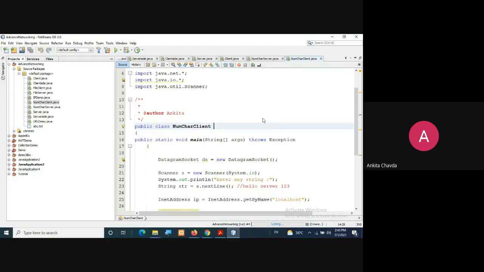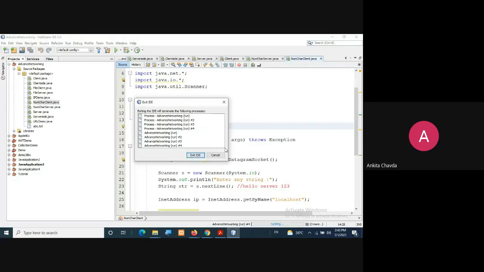I'll just close this application and we'll start it again.